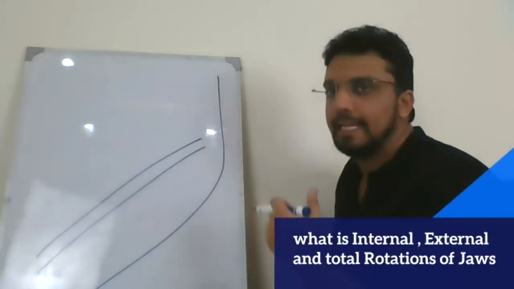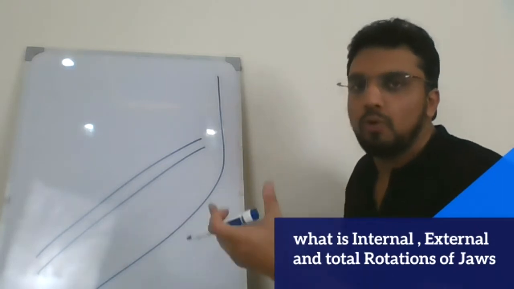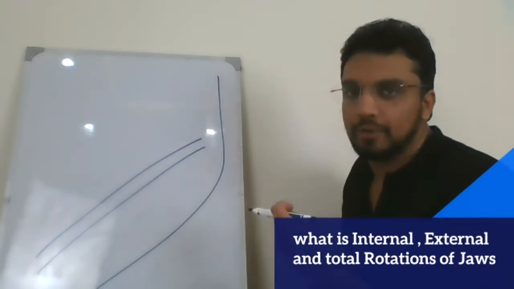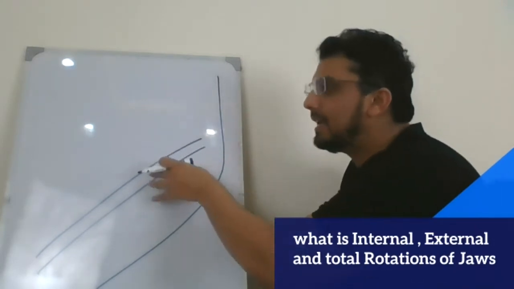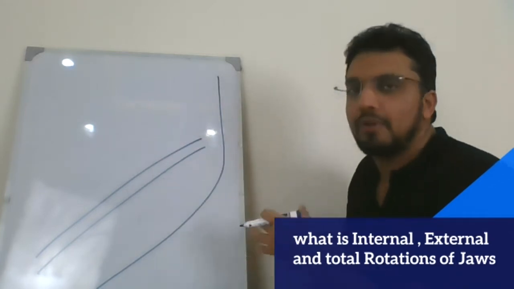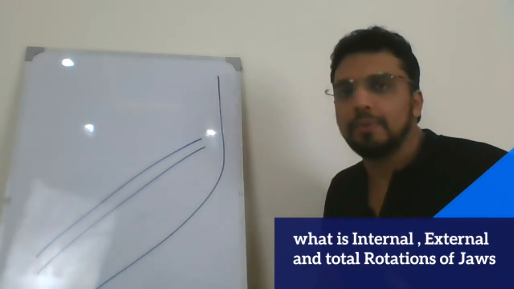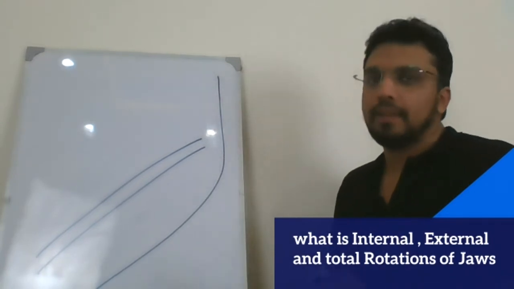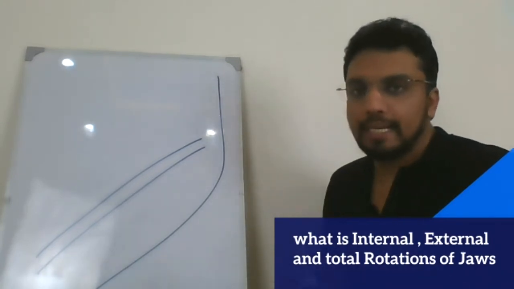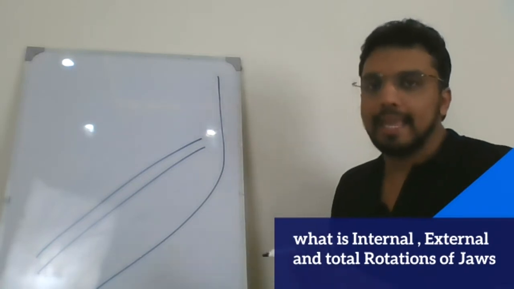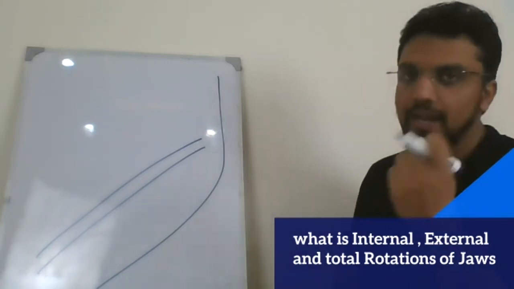the internal rotation. The rotation of the bone in the core of the mandible is the internal rotation. It means that internally, without the influence of functional activity and without the influence of surface remodeling, how the bone rotates during growth is the internal rotation. And how do we measure it?